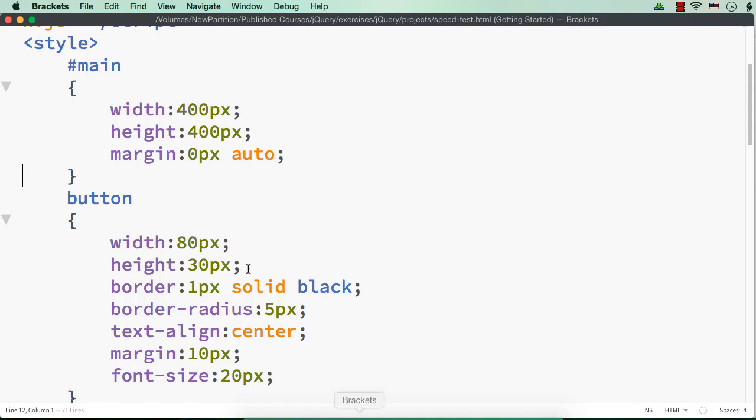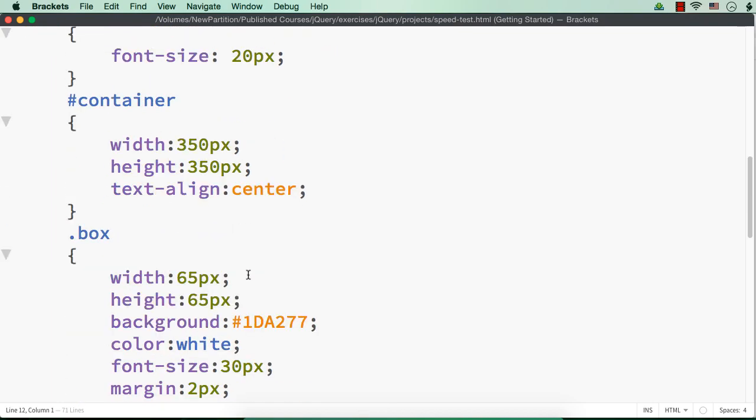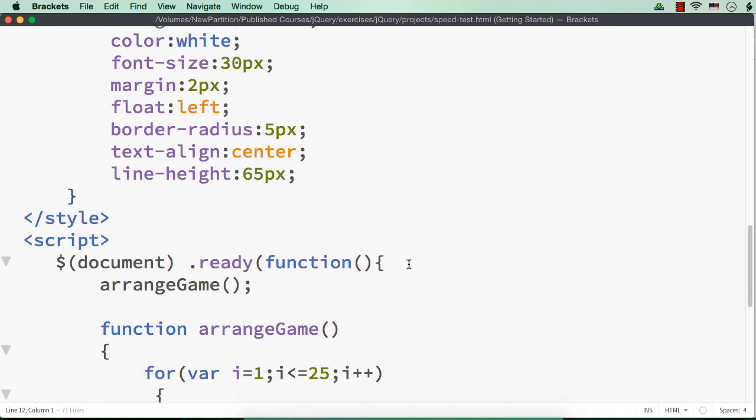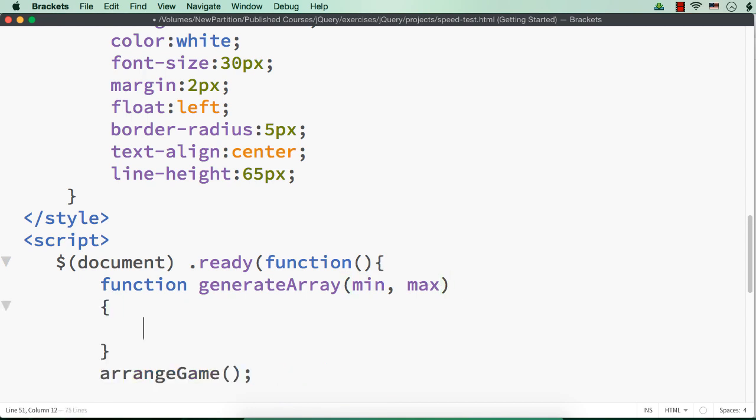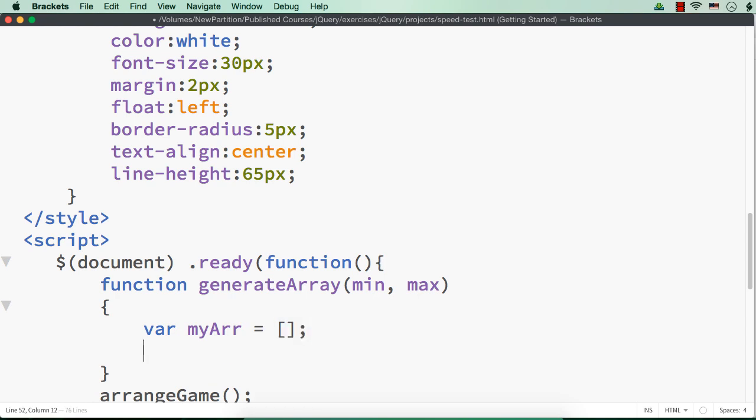So I'm going to create a function which will generate an array. So after this, let me add a function. Let me name it as generateArray, and we want to specify the minimum and maximum of the array. That is, if we want to generate an array from 1 to 25, we need to specify 1 and 25 here. And let me create var myArr, which is an empty array,